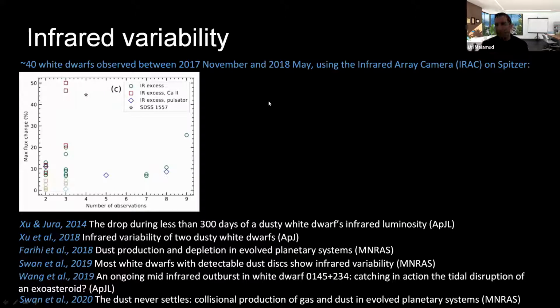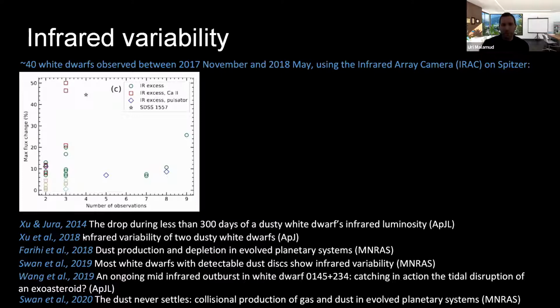And now that's not all of the story. There is infrared variability. So not only do you see this infrared, but it's not quiescent, it's not static, it's dynamic. Something is changing on the time scale of weeks and months.